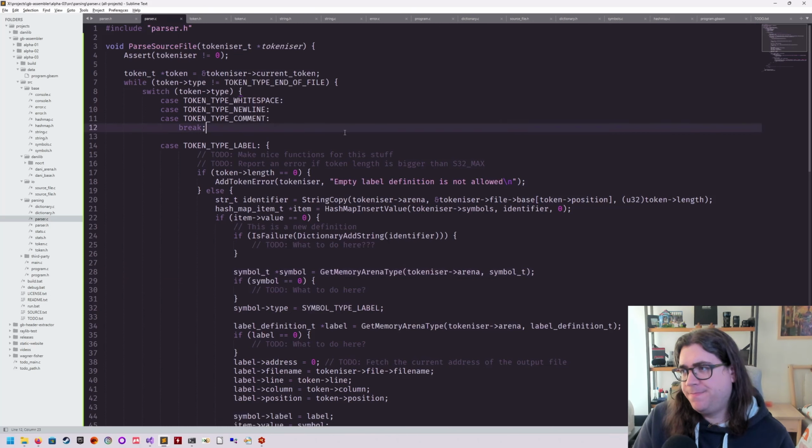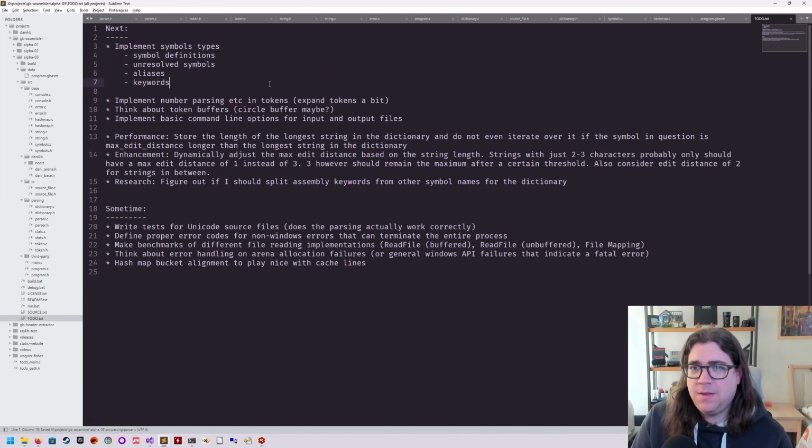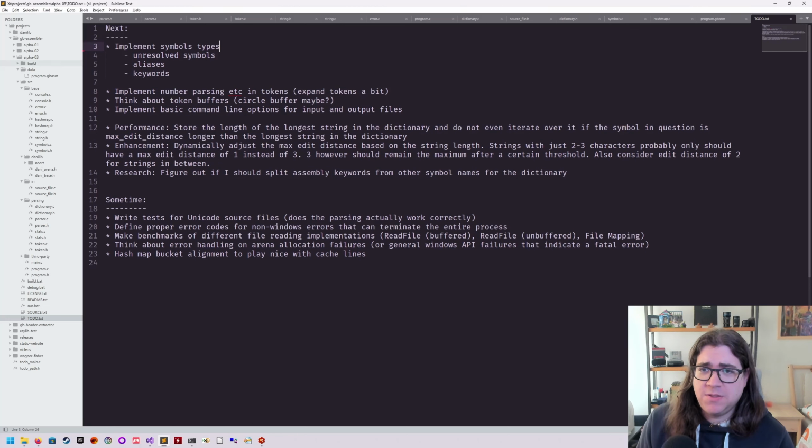I'll figure it out. Okay, so implement symbol types. Well, we have symbol definitions. So who's are, right? Keywords. Yeah, I wouldn't want to claim we have implemented keywords because they still need to be put into the hash map, right? So